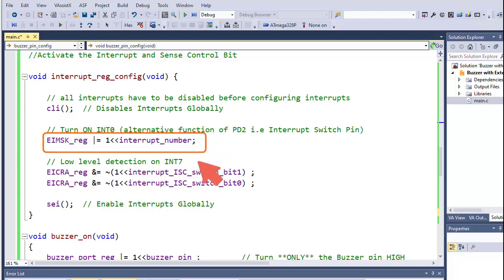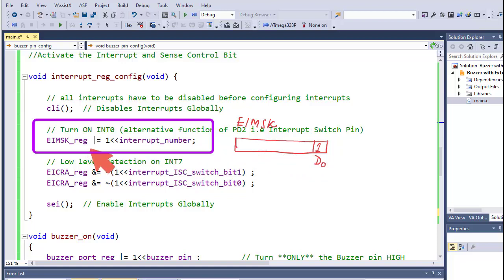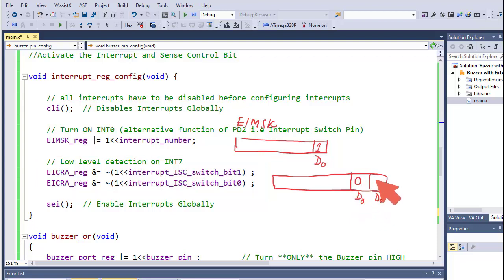Next we need to set the EIMSK register. The D0 bit of the EIMSK register is for interrupt 0, so we need to set this bit as logic 1, and that is set by using this instruction. For the EICRA register, the last 2 bits, bit 0 and bit 1, will both be set as logic 0.